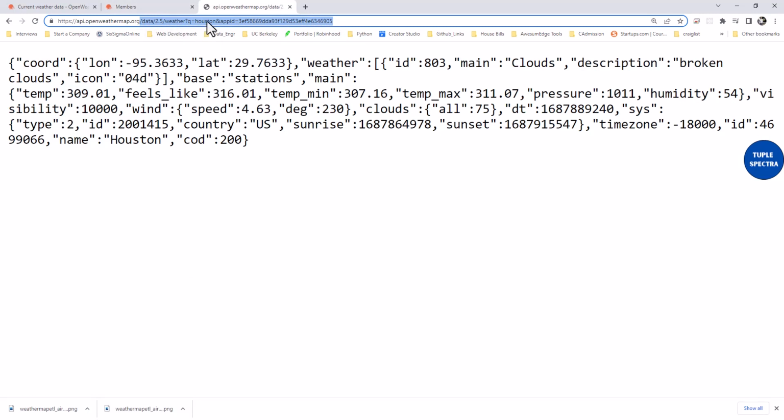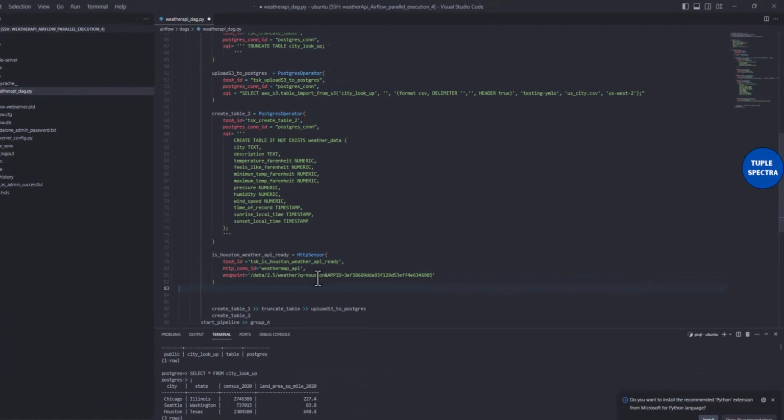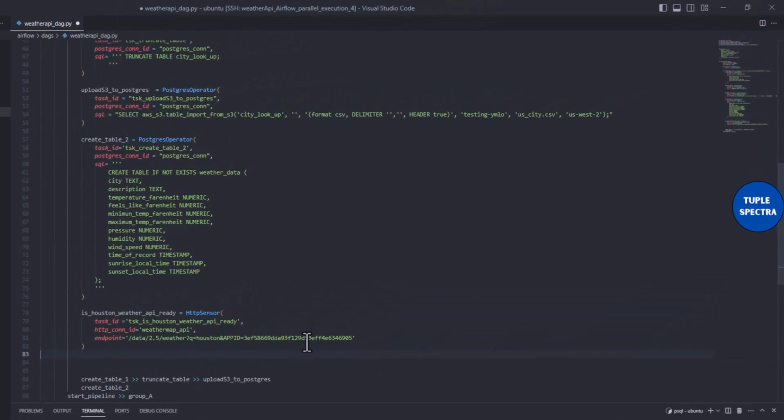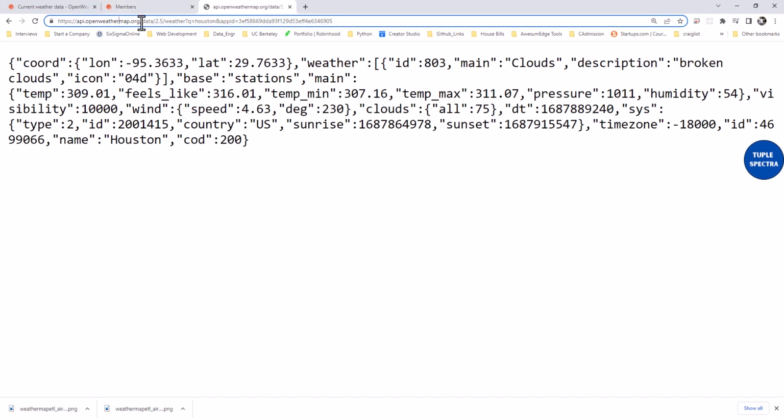Okay, so it involves Houston, that's the city I'm interested in, and my API key. That is what I've done right here. You can see I have Houston and I also have my API key. Also, I need to create a connection ID. This connection ID needs to be able to take me to this base URL, which is